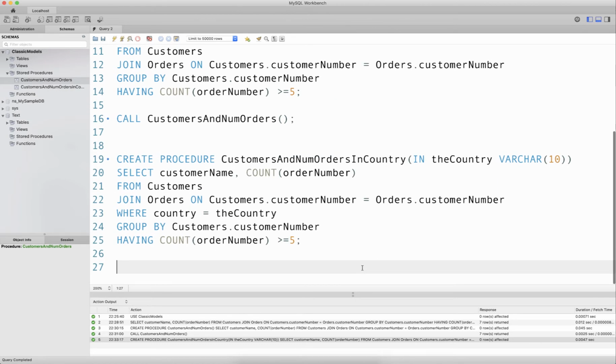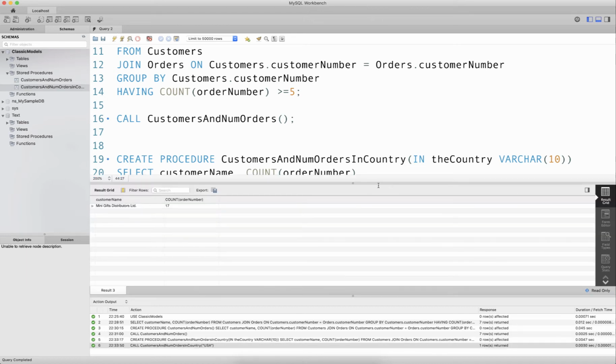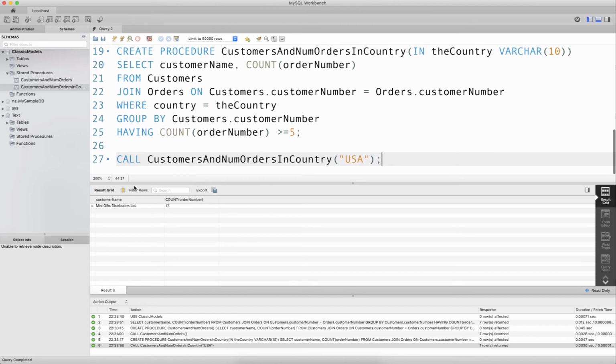To invoke the procedure, all I would have to do is as follows, and I would have to specify the country. For instance, let's say the USA. And you will see that I'm getting the one customer who is in the USA who has more than 5